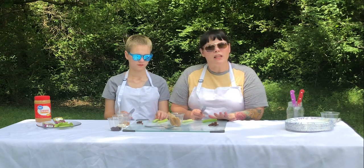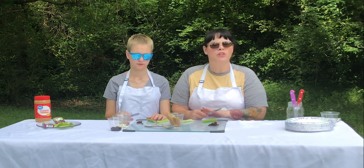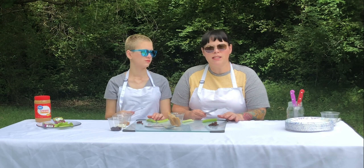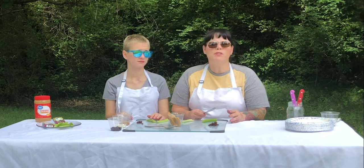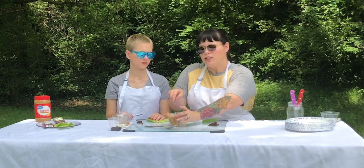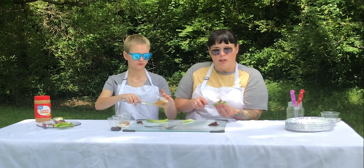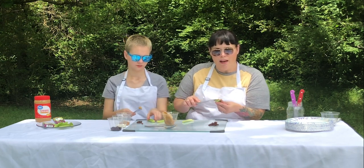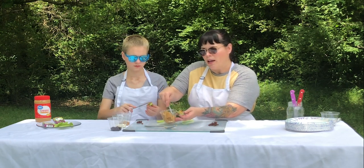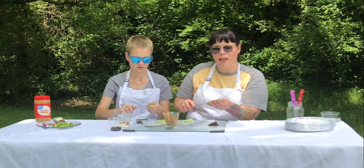With the simplicity of this project, I would say ages 2 and up could do this. I definitely wouldn't use a sharp knife if you're having the younger kiddos do this. We're just using butter knives. Butter knives, you could use a popsicle stick for the younger kiddos or even their finger. You're just gonna take the peanut butter or the spread that you choose, line it down. I would have an older person cut the celery and let the little ones spread the peanut butter or spread